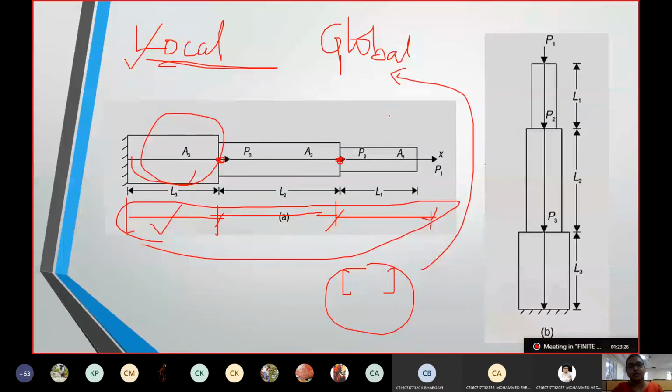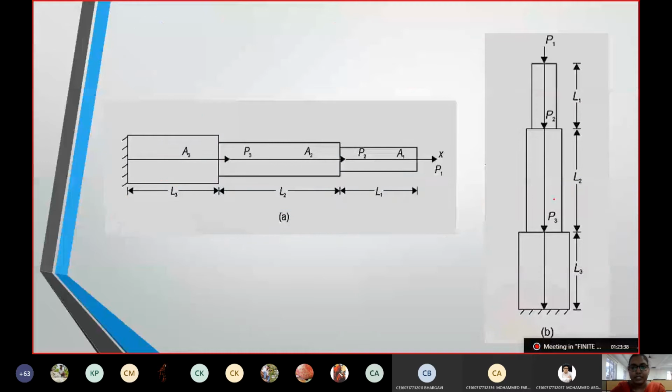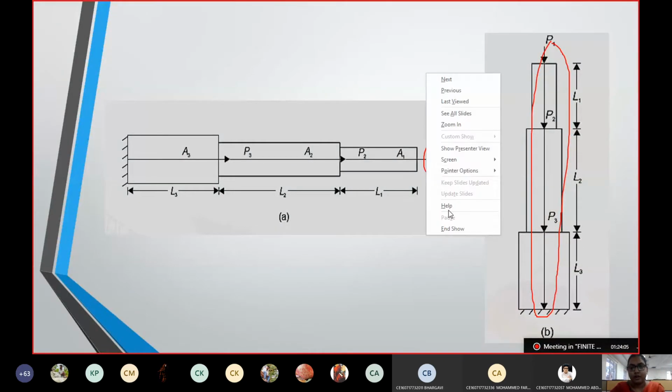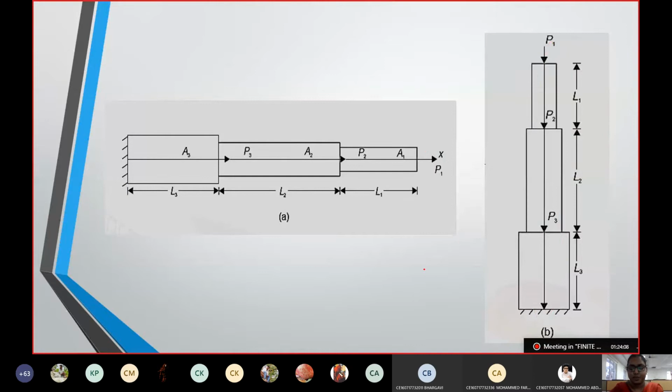This should already be over in TOS 2, but because classes didn't happen, I'm explaining that to you again. These are also bar elements, like the actual 2-noded bar element we saw till now. Horizontal or vertical member, when it is a bar, you just have to remember that when we are taking a bar element, application of force is taken axially only, in x direction. So that is our stiffness matrix for a bar element.